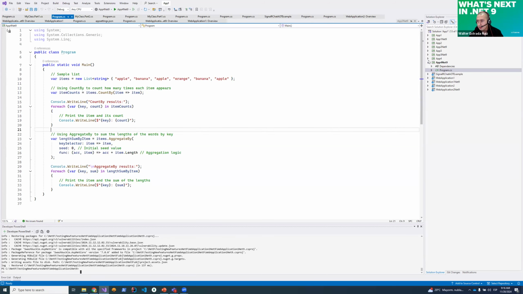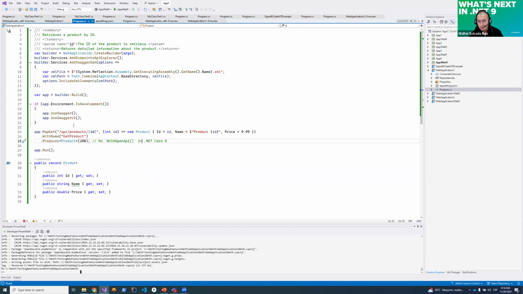Then let's go with the ASP.NET Core 9 enhancements. As I said before, there are many enhancements here. Most of the new features are related to performance, but now we are going to see a few of them. This is the normal mapping of the normal